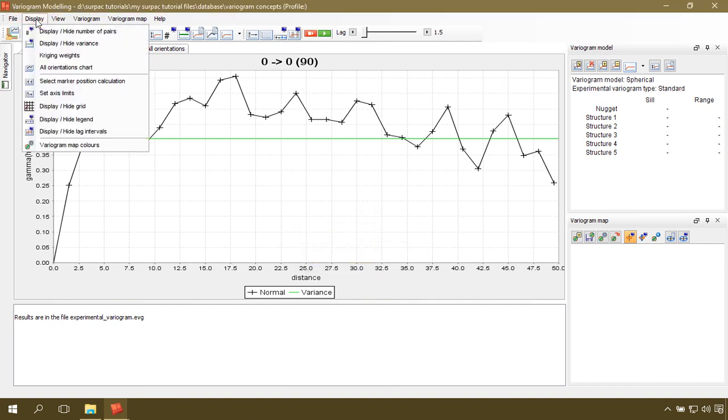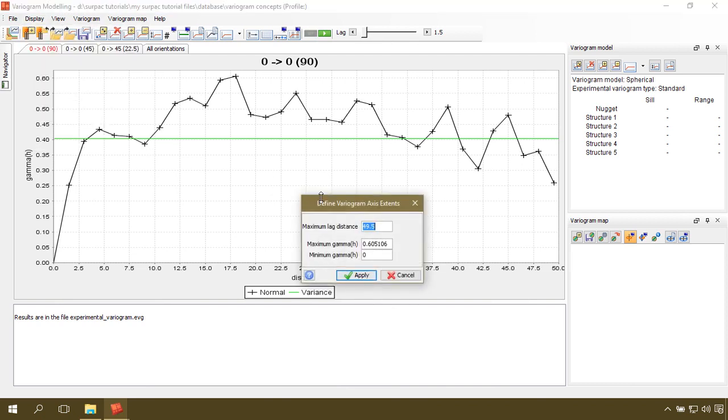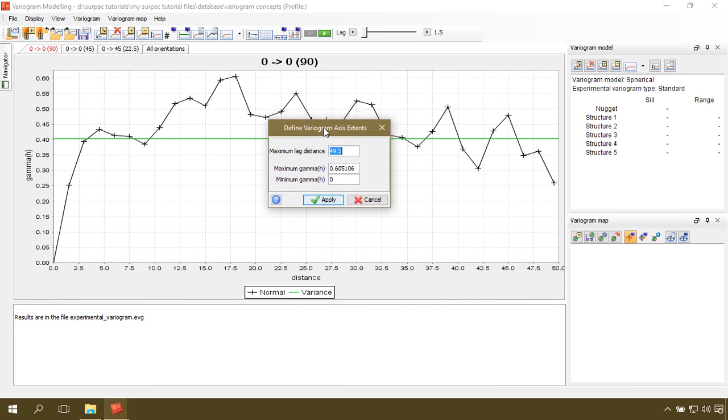Then I go to display again, then set axis limits. Click on that. This shows you can adjust the limits, the maximum values for your axis here. The maximum lag distance is 49.5 because this point here is on the 49.5 mark. It's not up to 50. Then the maximum gamma is 0.6 as indicated by this point. And the minimum gamma or variance value is 0. That is the origin here. So you can choose to enter a maximum value, let's say 50 here, and you have that value set